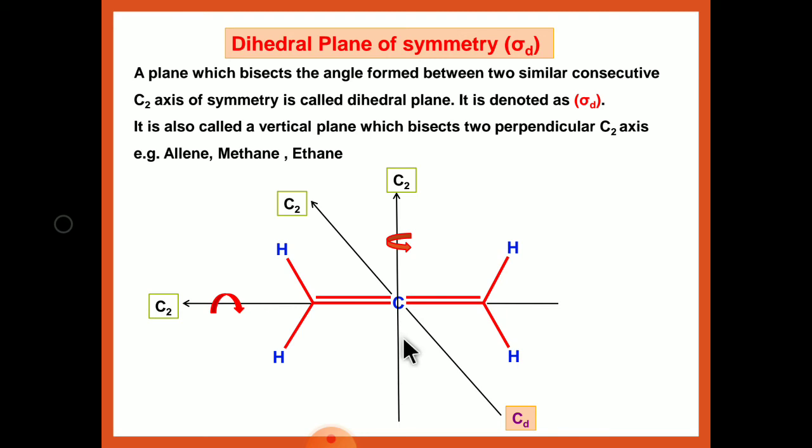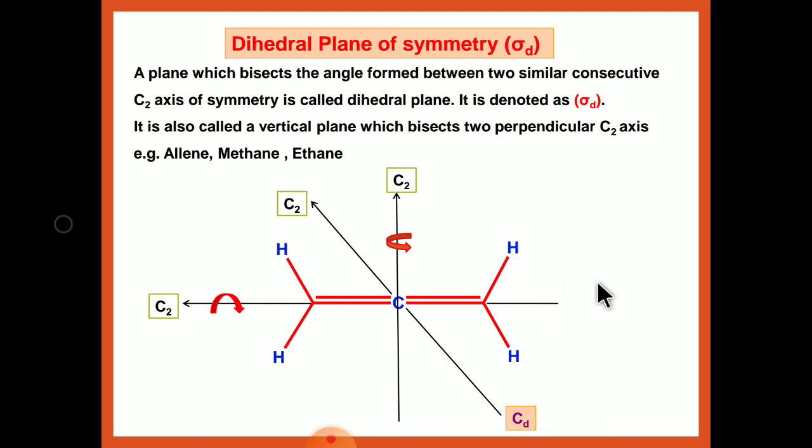So here is the example of allene, in which, suppose this is the x-axis. In a 3D picture, we can show it in this manner. This is the x-axis and this is the y-axis, and the principal axis is the z-axis, which is passing through the 3 carbon atoms of allene. So in allene, 2 hydrogens lie on the same plane, but the other 2 hydrogens lie in front of the plane, and one of the hydrogens lies at the backside of the plane.